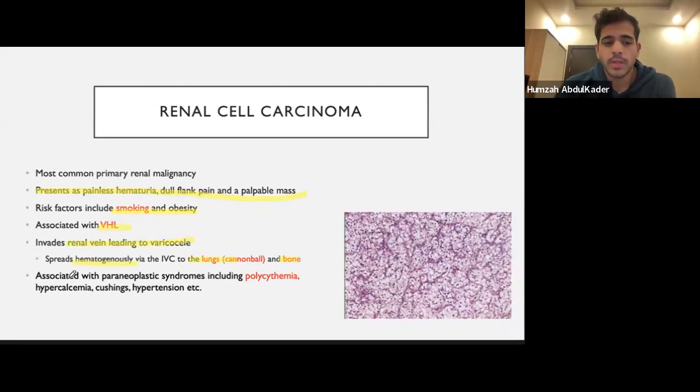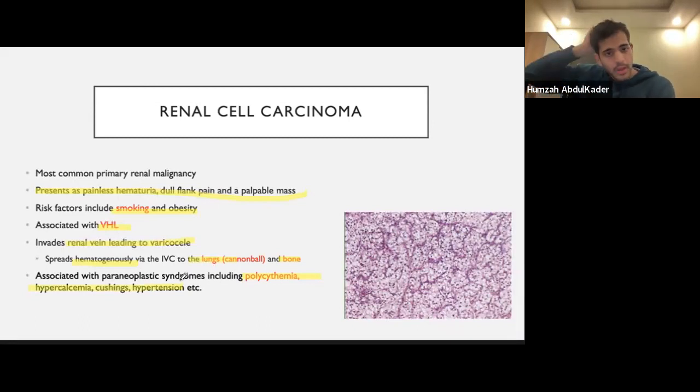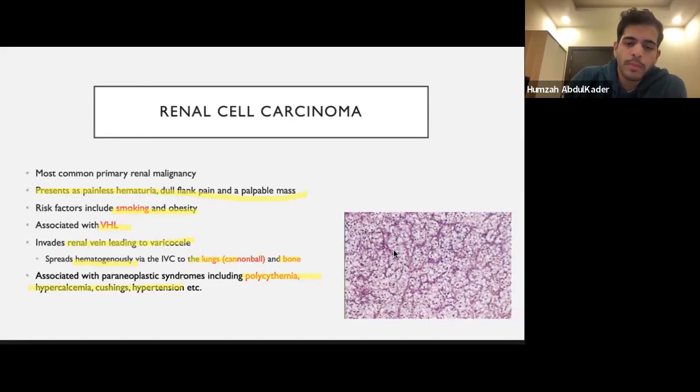Now, one more thing that I want to mention is that it has a lot of paraneoplastic syndromes, right? And these include polycythemia, which is the one that gets asked about the most. They'll say that they have elevated hematocrit or something like that, right? But it also presents with hypercalcemia, Cushing's, hypertension, etc., right? So these paraneoplastic syndromes are basically options that they can ask about. These are things that they like to hook onto and ask about because people tend to forget about that stuff, right? And so I think that you should know these, know the picture, and also for this lecture in general,